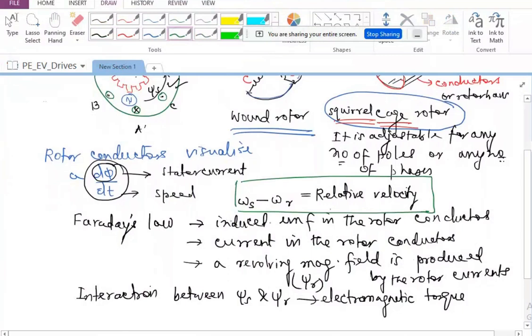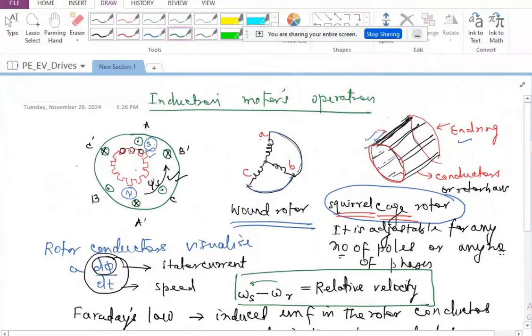If the rotor catches up with the stator revolving magnetic field, and the speed of the rotor also becomes ωs, then it will not see the north pole or south pole changing positions continuously. As long as it is locked with exactly the velocity of the stator revolving magnetic field, it will not see any rate of change of